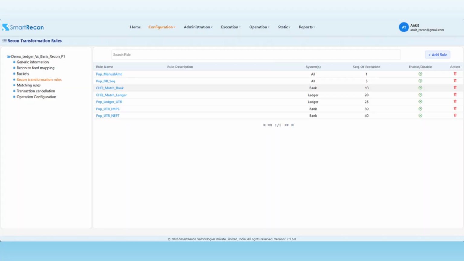Just like in feeds, you can also add transformation rules in the recon itself. These rules execute at the recon level, which means they run after the feed data is loaded but before the actual matching happens.